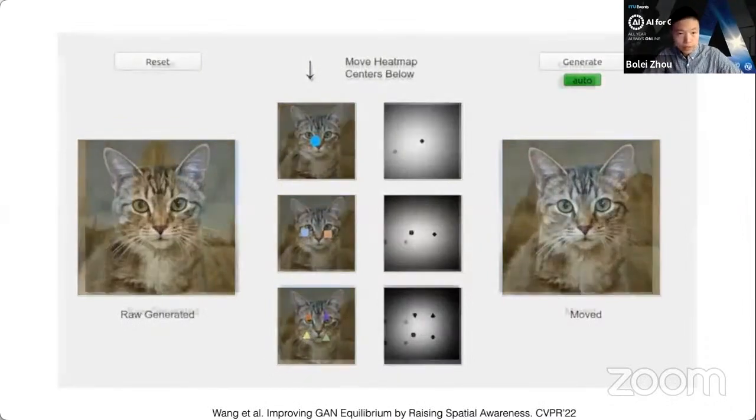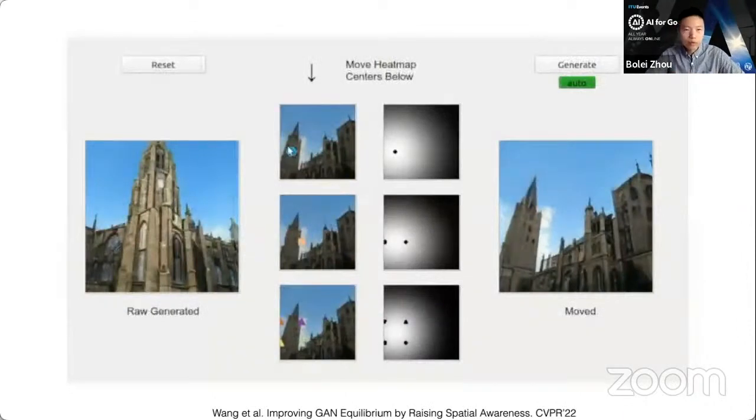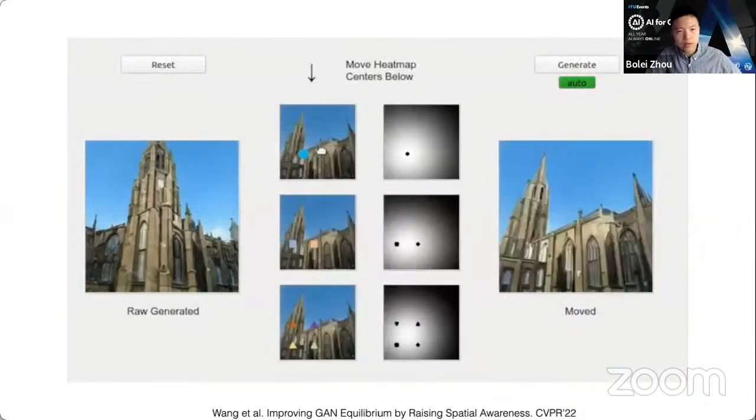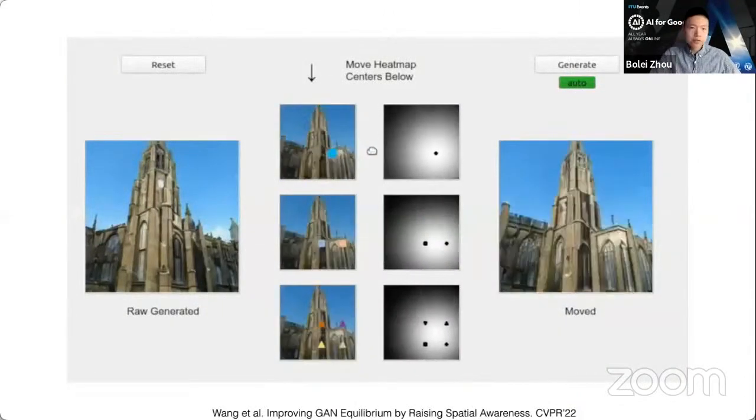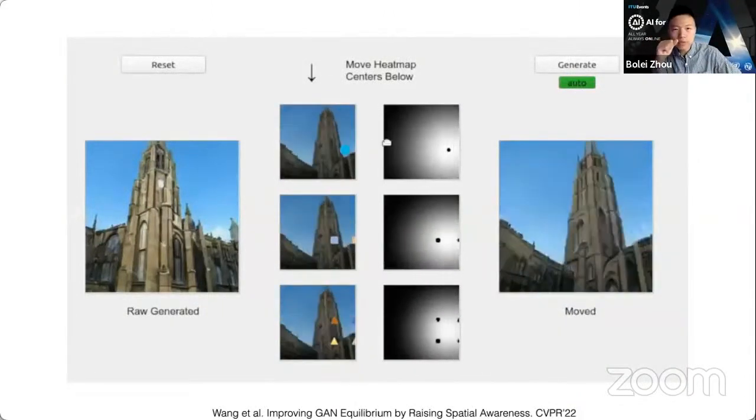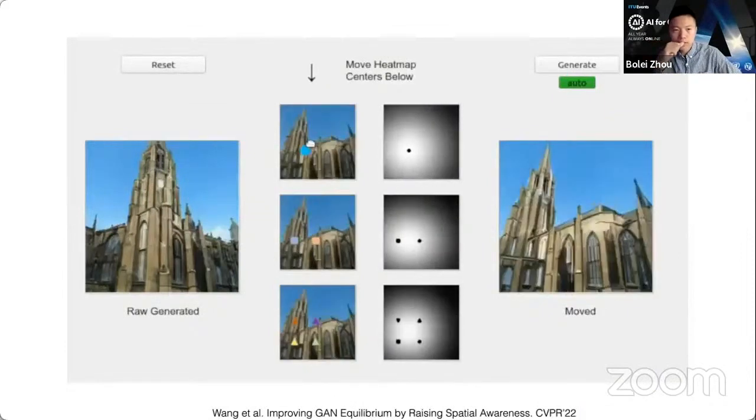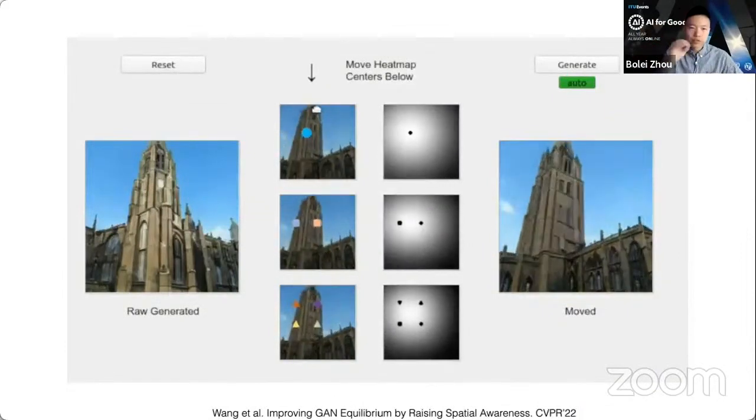So here's another demo video on these buildings. So we have these key points. Then the user can drag these key points. Then we can move the contents over this map. So the side of the towers